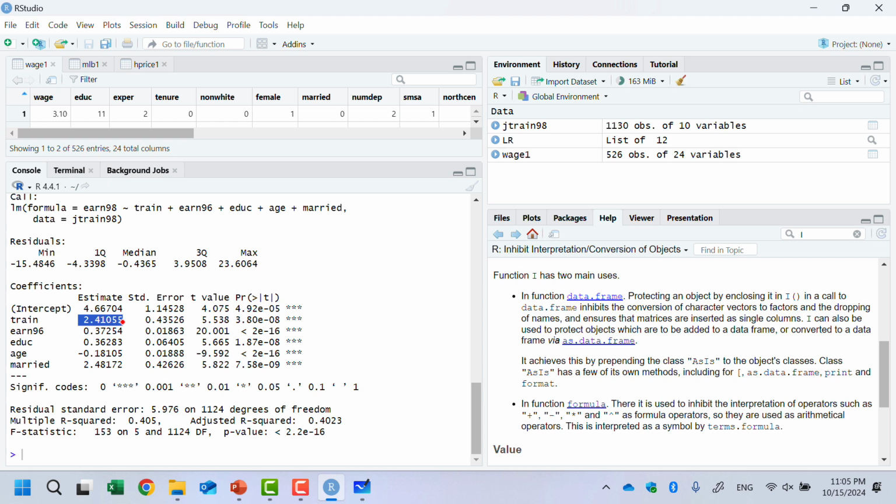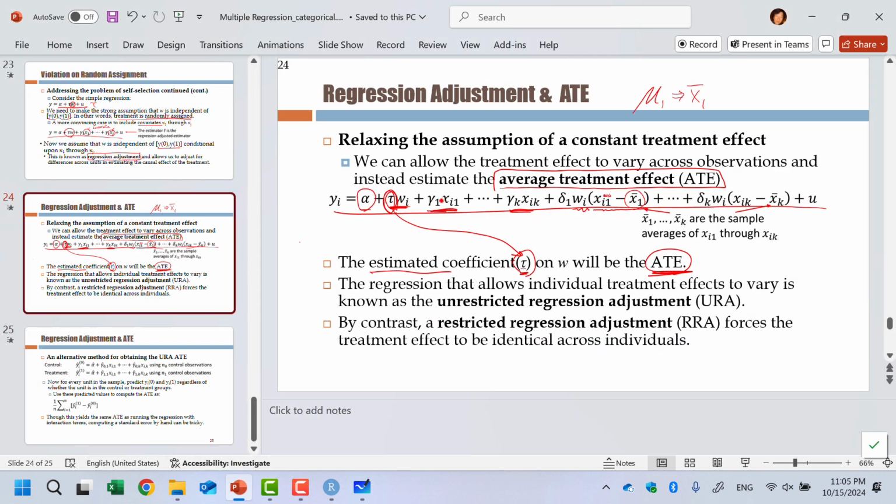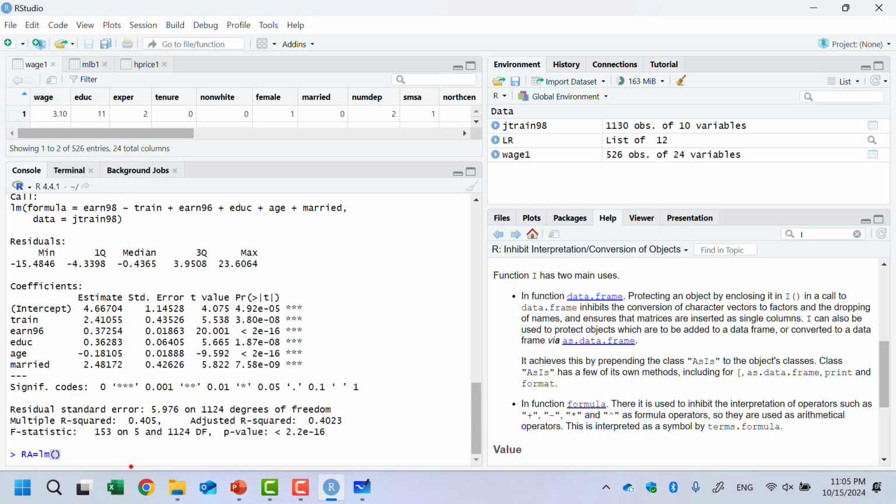So can we do the regression adjustment? Yes, we can do the regression adjustment. So now we will do the regression adjustment. So we will do the regression using this one, right? This model, W times something minus average and so on. So we will do